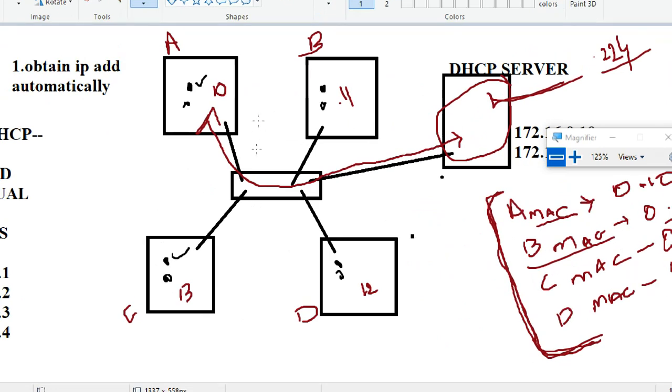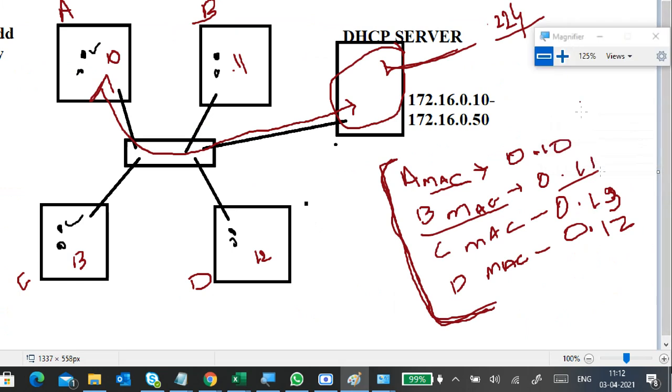So whether you got the same IP every day or a different IP address, there is nothing to it, you just got an IP address. If you want the same IP address every day, you have to reserve it. You have to tell the DHCP server, for example, that B wants to get 11 every day, so always give the same IP.